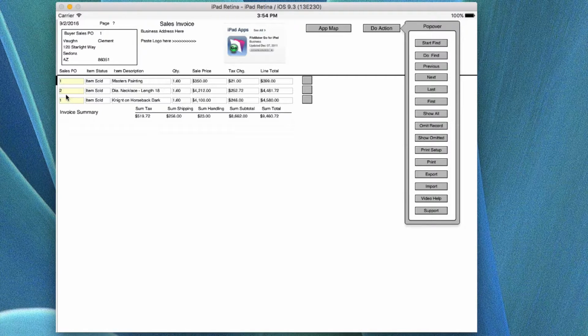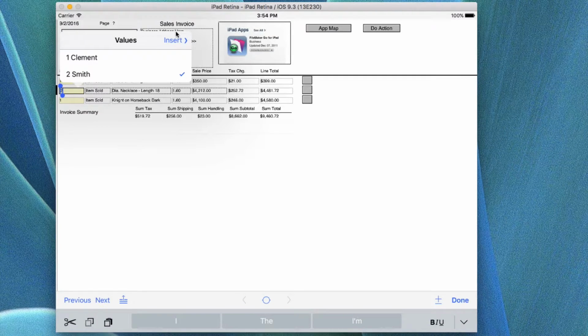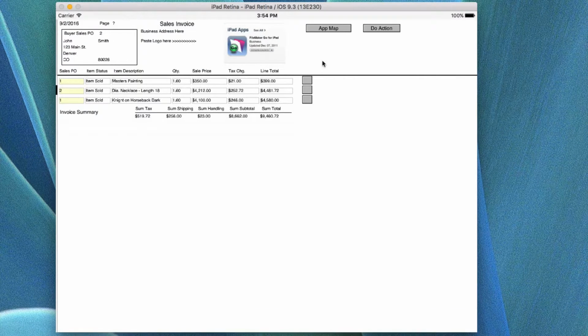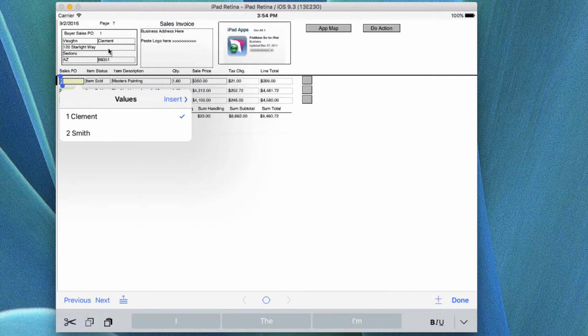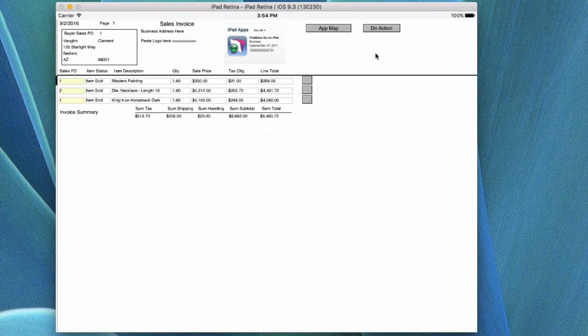In this particular case, if I wanted to go to number 2, I could do a find on that. Now watch, it says 1 up here. Click number 2, changed everything. And up here it says who the person is. In this case, it's Clement and Smith. That tells me that this is Mr. Clement's record. If you sold it to Mr. Clement, when I look at that, or up here, Mr. Clement, then I know that I have the right record for the guy that's standing in front of me